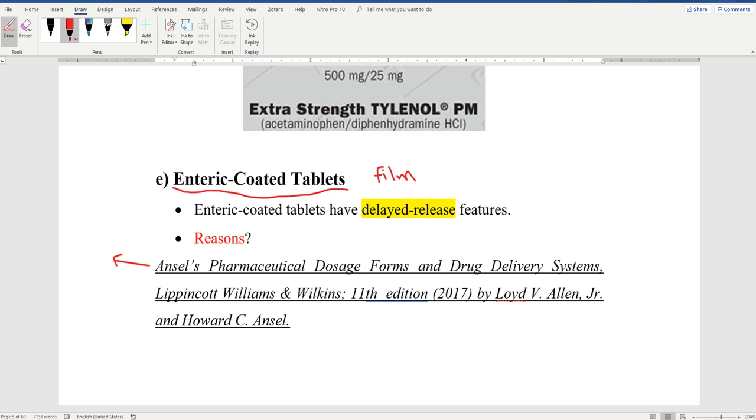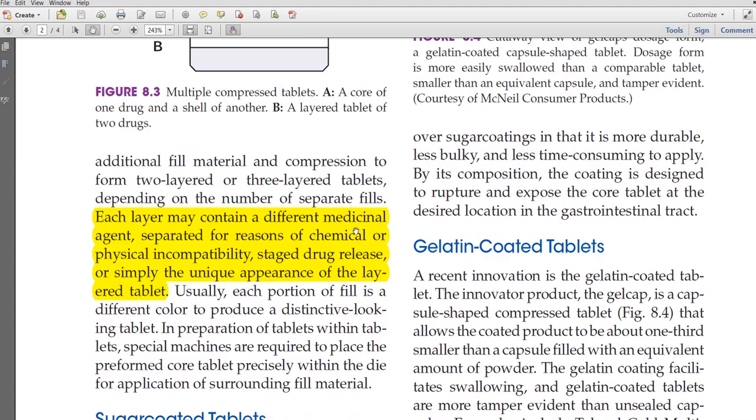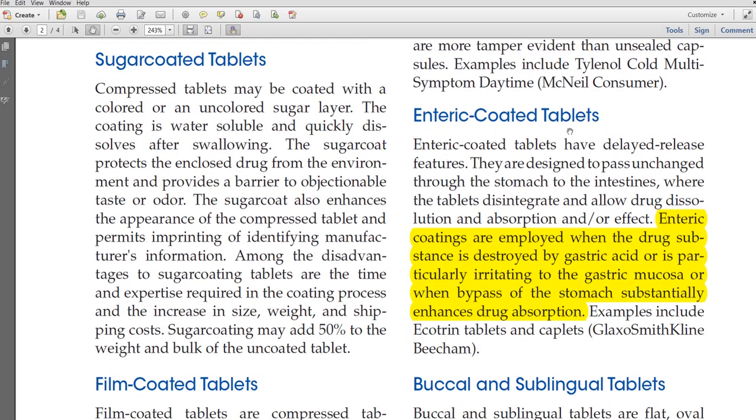Okay, let's look at the answer here. Enteric coating. The answer: enteric coatings are employed when the drug substance is destroyed by gastric acid or is particularly irritating to the gastric mucosa, or when bypass of the stomach substantially enhances drug absorption. Okay, let's go back